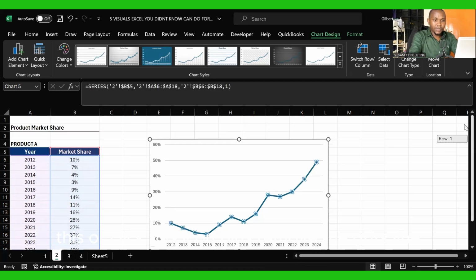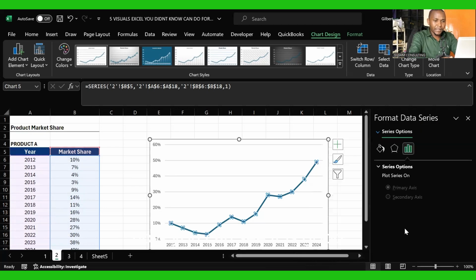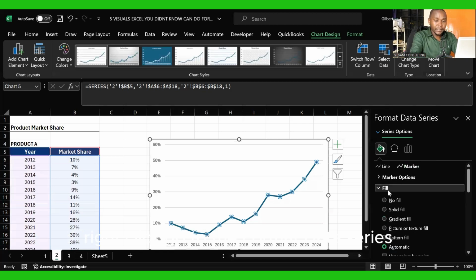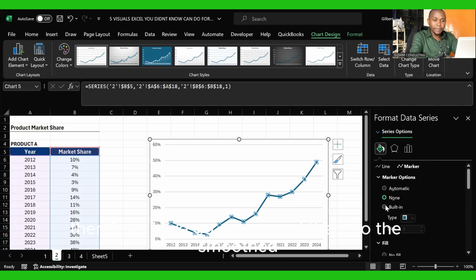Click here, go to the format, right click, go to format series. Then we come to the marker. From the marker here, there are more options. Click that more option, come to the built-in, and from here we can change the type of this, and